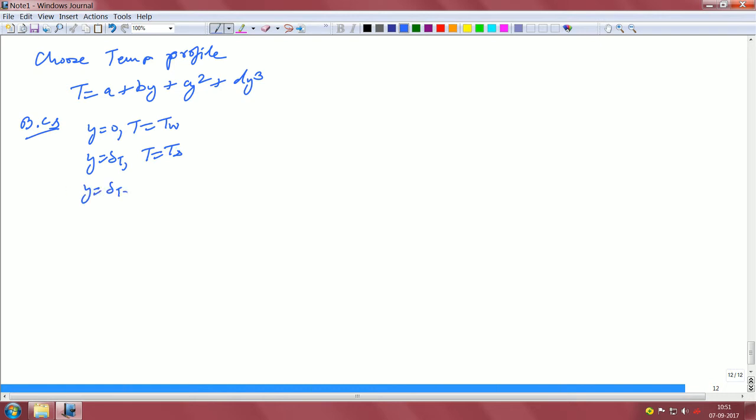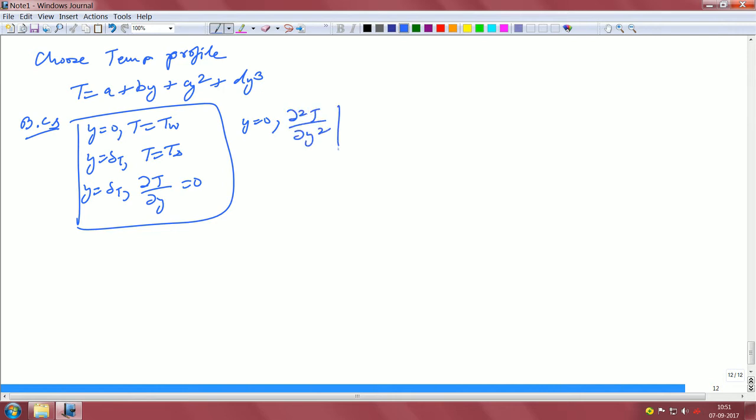These are the boundary conditions. And similar to the velocity boundary condition, right. So, similar to all these boundary conditions we get this also. So, choosing the temperature profile, then putting in the boundary conditions, we get this. So, if you now go through the math by putting in all these boundary conditions, I've already